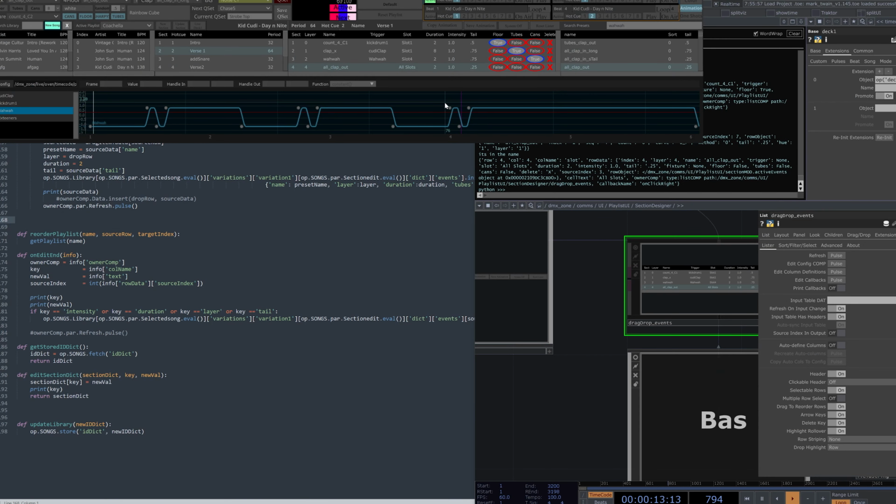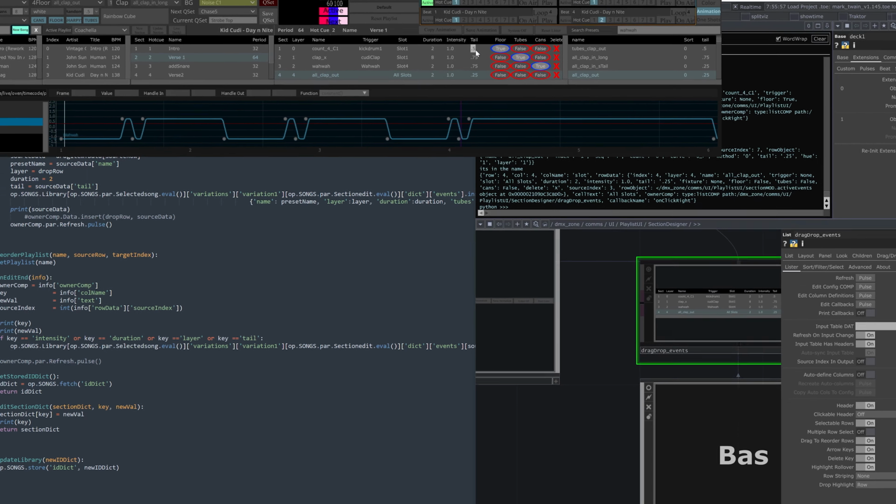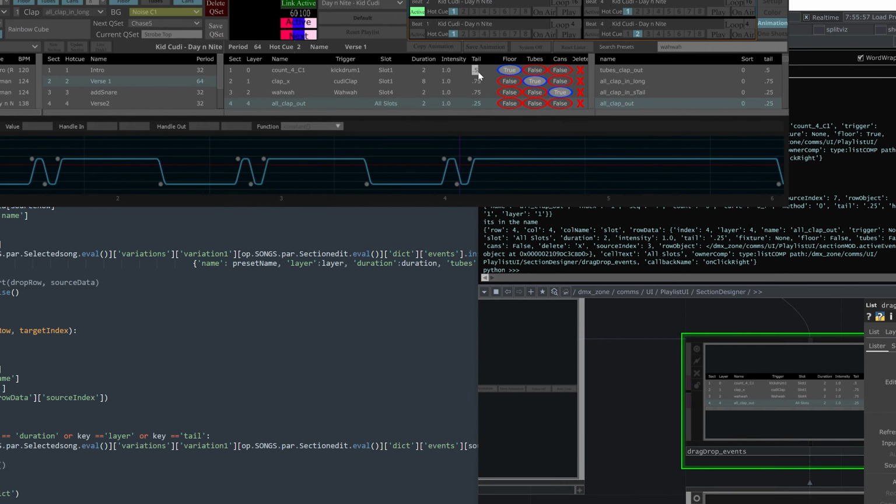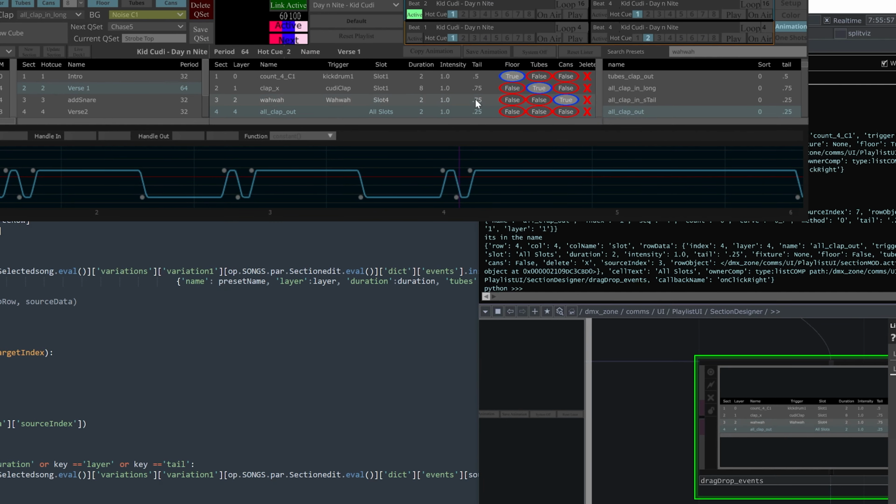You can double click on this stuff and change the tail and so forth. Just a word of advice: if you click it in here and it starts having a cursor, that messes things up for me. I'm not even going to show you because I have to refresh the whole lister and it gets goofed up.